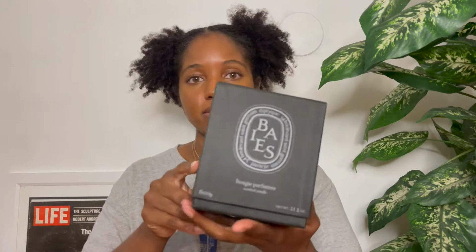And then last but certainly not least, I picked up something from the home decor section, and it is actually this Diptyque candle. And if you know anything about the Diptyque brand, you know that these candles are super expensive. I don't know why they're so expensive. I mean, I know they're made in France, and it may have something to do with like the oil content or whatever fragrance or perfume they use in this, but it was brand new, and this is it out of the box. And you can see, I mean, the smell is really strong. It smells really good. I'm probably not gonna burn this because